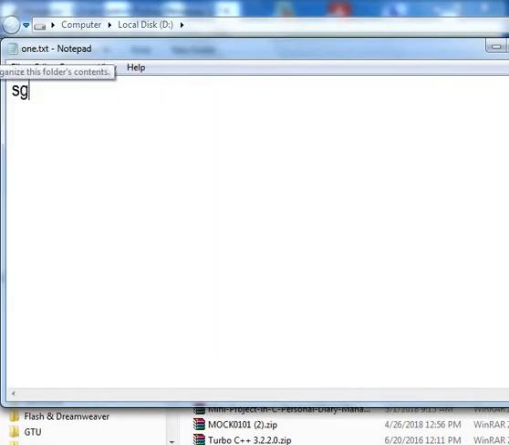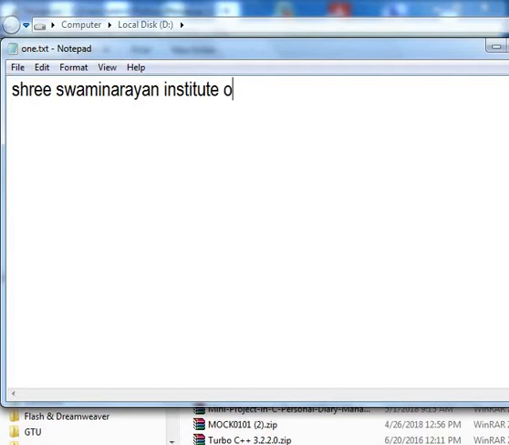Suppose in this file I write down Sri Swaminarayan Institute of Technology, BE and MCA. These are the departments in my college.